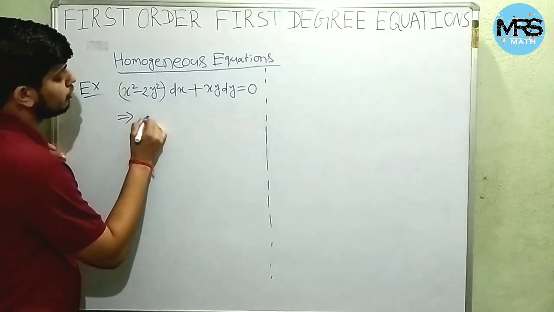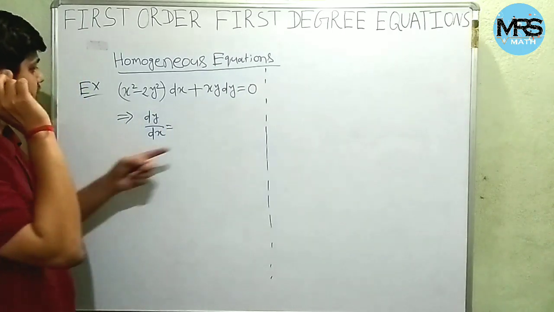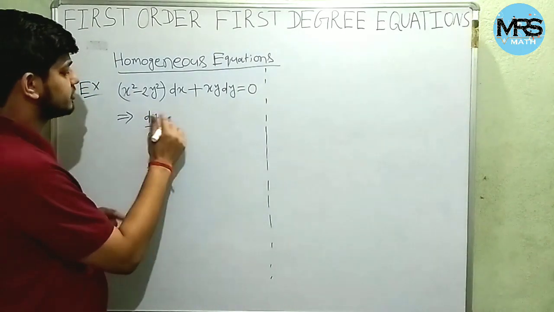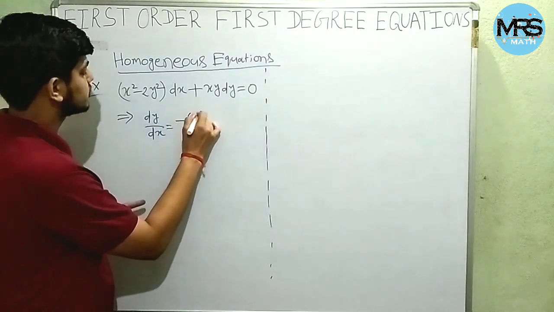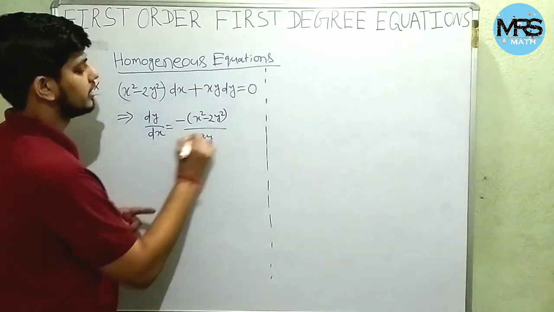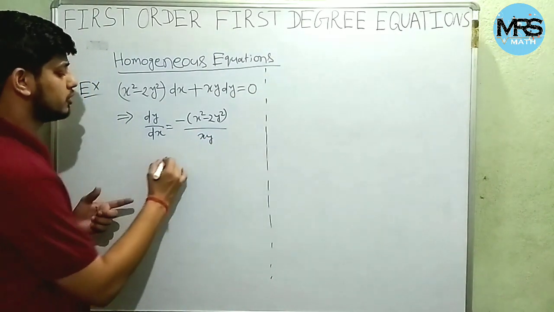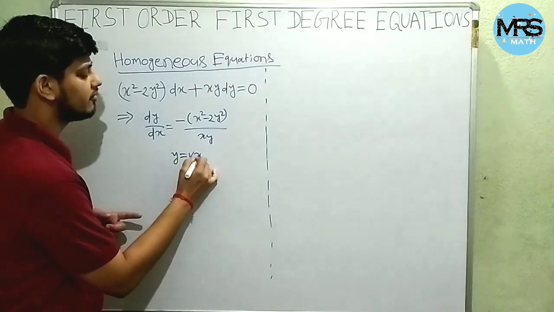Now what we will do, we will find out dy by dx, correct? So if we find dy by dx, then this will be minus of (x square minus 2y square) over xy, correct? So what the transformation I said to use, that is y equal to vx,